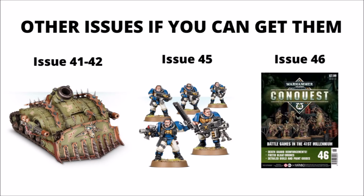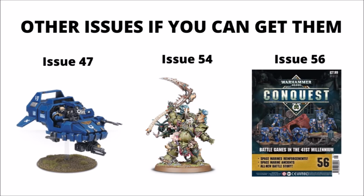Issue 45 has a very cheap Scout Squad, and 46 is one of the best ones in the whole set, with the featured Bloat Drone and Lord of Contagion and some Plague Marines from Dark Imperium. It's pretty much a mini start collecting box for Death Guard for just £8. 47 has an £8 Land Speeder, £8 Typhus in 54, and 56 nets you the Primaris Ancient, which is usually